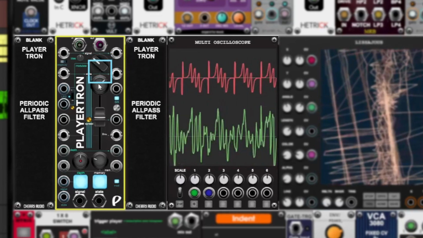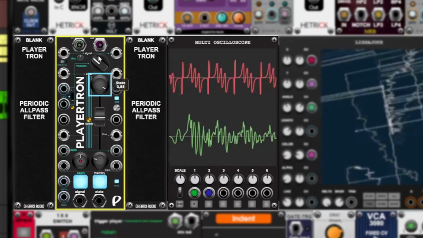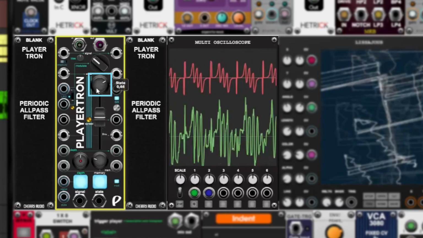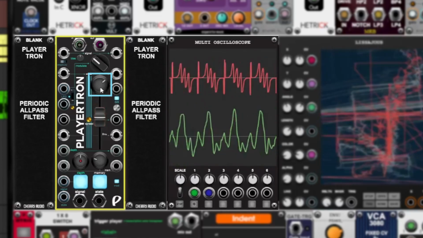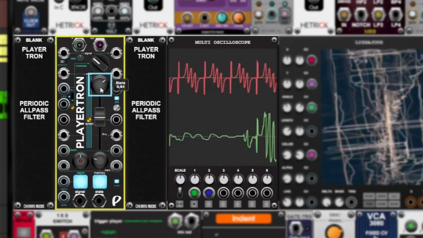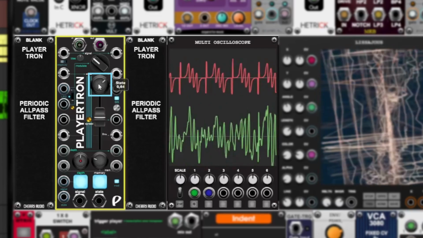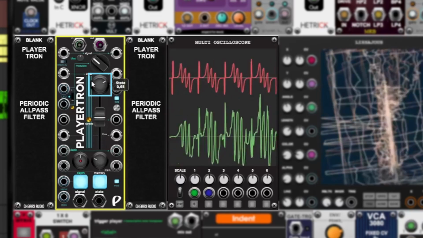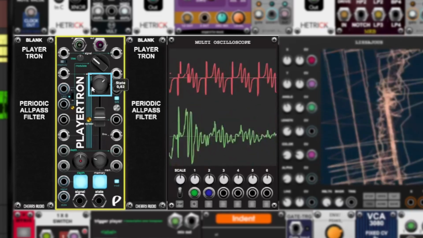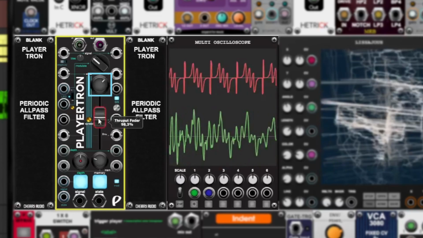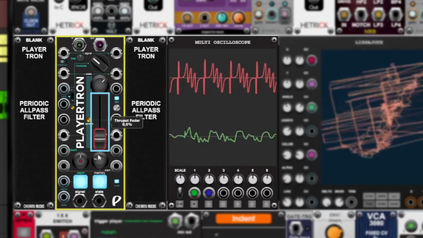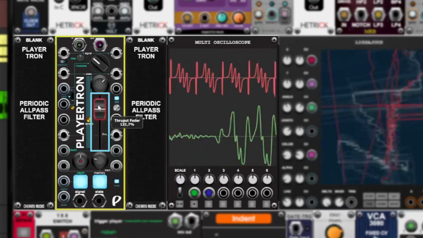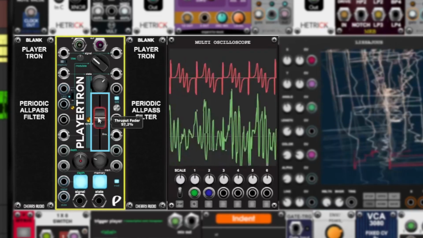Below that there's the state control, which isn't quite like a resonance or width control that you might expect from an Allpass filter. The state rather interacts with the signal control to bend the signal's phase. In practice, this introduces a layered and shifted version of the original signal. The original signal can also be added back into the mix with this slider in the middle. By increasing its value, more of an unaltered signal is mixed into the output alongside the shifted signal for an